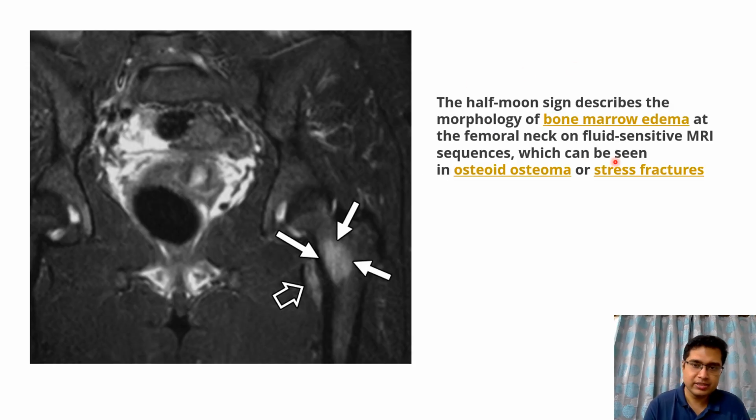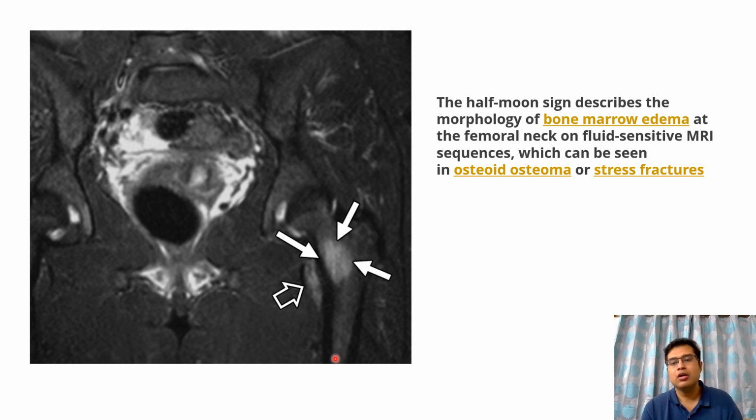So this is an important sign of osteoid osteoma on MRI. It's called the half moon sign. This particular marrow edema looks like a half moon. It is particularly seen in osteoid osteoma of the neck of the femur. It is not a very specific sign. It can also be seen in stress fractures, but it's a good sign to remember, that if